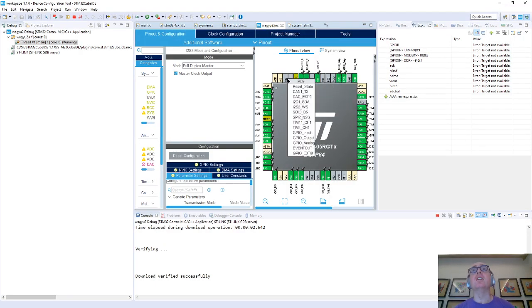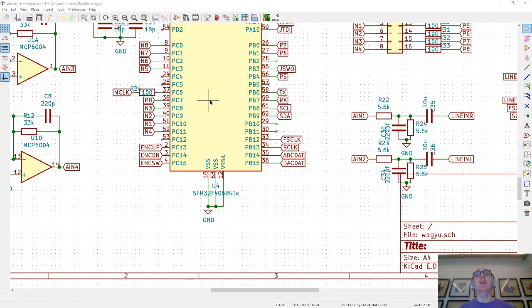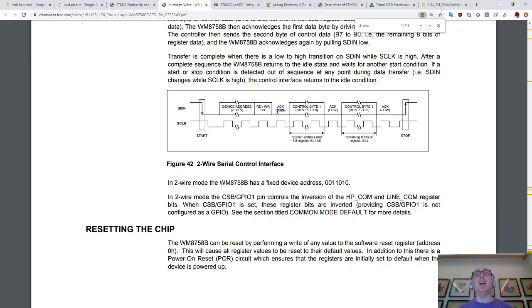So this one I needed to configure as a GPIO output, and this one also is a GPIO output. I basically set them up as outputs, defaulting high, is what I should have done. I didn't bother, but I set them up as outputs, and then annoyingly for this ACK, you basically need to